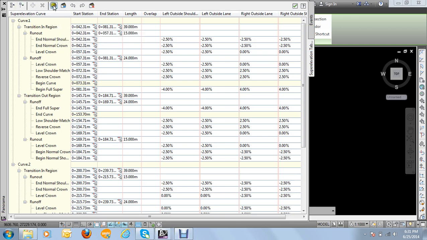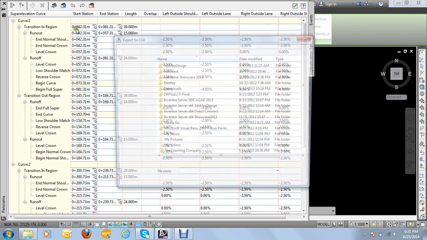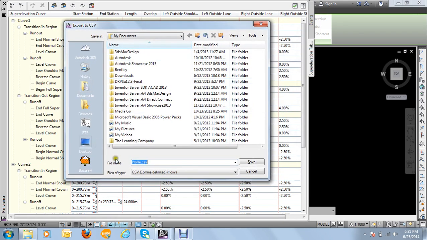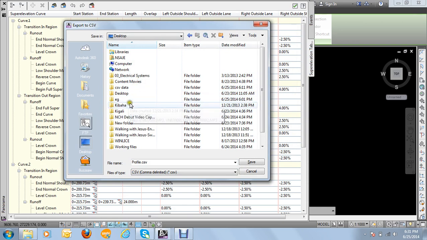So when you see these, this is import Superelevation data, but this one is export. So all this Superelevation data can be exported to another file where you can just see how they are and check from your Superelevation view. Then I will click, then I will convert them to CSV, and then I select where I'm going to save them. Let's say I'll just save them